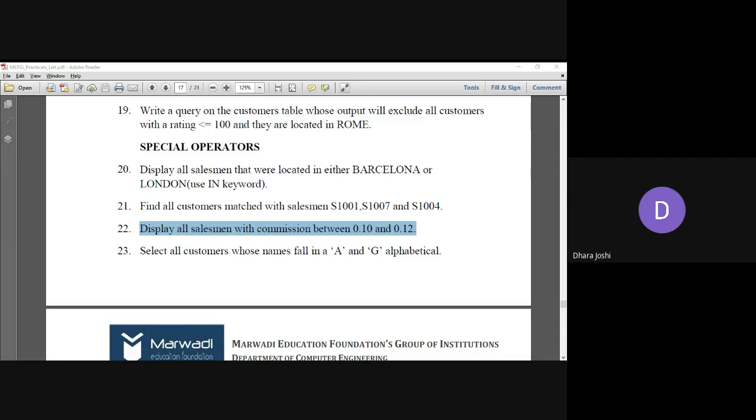Dear all, this is not a difficult query. You can solve it and write the answer in the chat box.